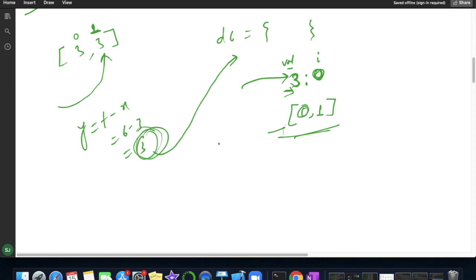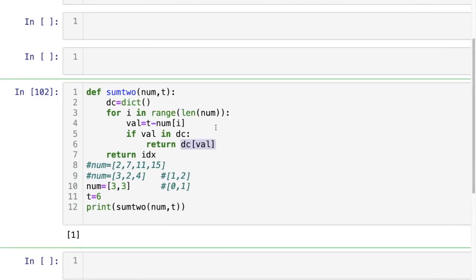Means if my value is 3, then I will go to DC of 3. So DC of 3 is how much? This is my DC with having value 0. So DC of 3 will give me 0. So I will return 0 with the value. I got the very first index, and with the current index we will simply return this in a list.